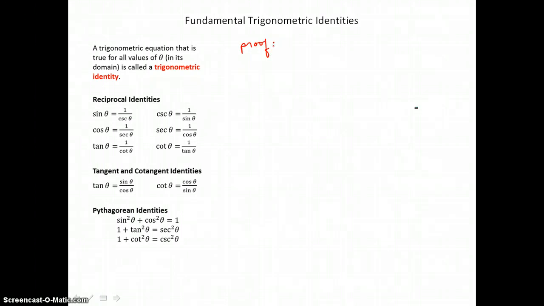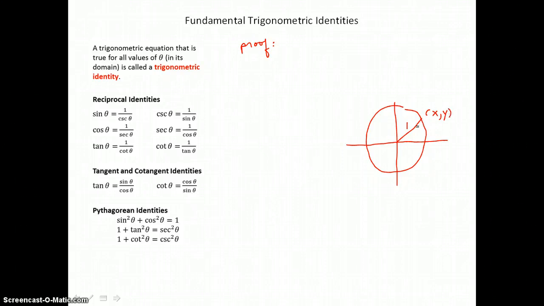And to do that, we're going to refer to the unit circle on the coordinate plane. And remember, the unit circle has a radius of 1. So if I drop a perpendicular from that point x, y on the circle to the x-axis, I form this right triangle with acute angle theta. And the horizontal leg has a length of x units, and the vertical leg of this right triangle has a